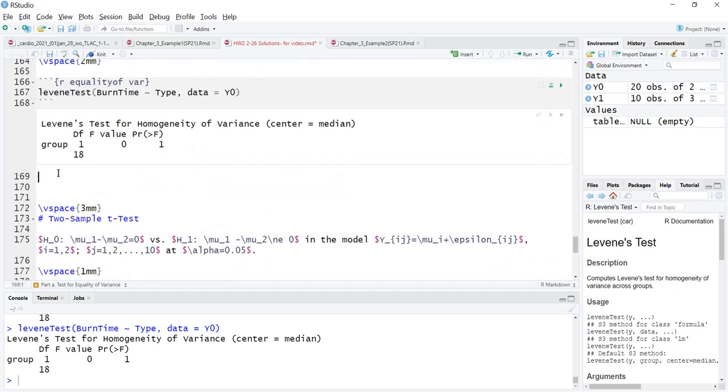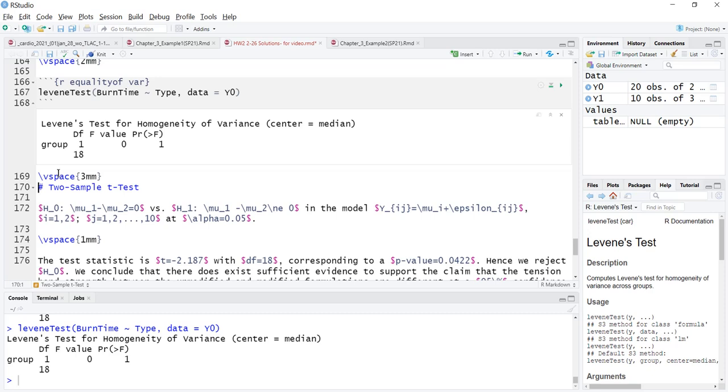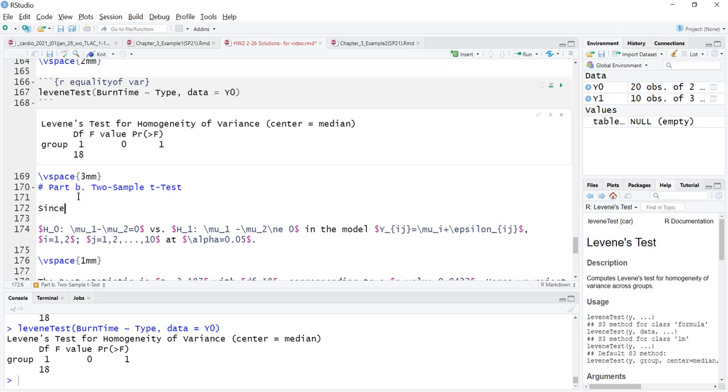So let's go to part B. Okay. So part B is a two-sample t-test. So I'm going to put part B, period. Two-sample t-test. And here I need to talk about, since the variances are not significantly different according to Levene's test in part A above,